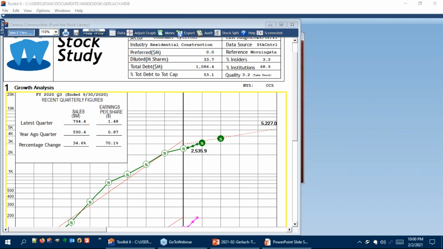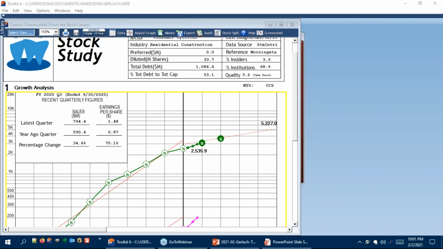Al says, does one have a better geographical competitive edge over the others in terms of Century Communities versus LGI Homes? I think they're pretty comparable. They are in some areas, but again, those are the areas where there is high demand for their communities and their homes. So I don't think that one of them is necessarily any better positioned geographically than the other, except that Century Communities is quite a bit larger, so it allows them to have a little bit more geographic diversity, and so I think that might tip it in their favor a little bit.